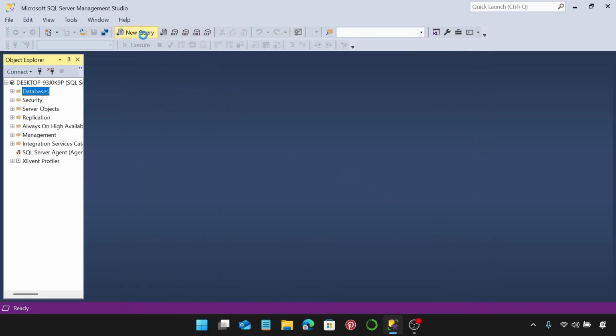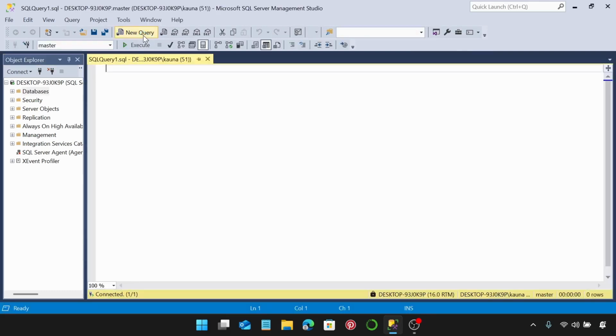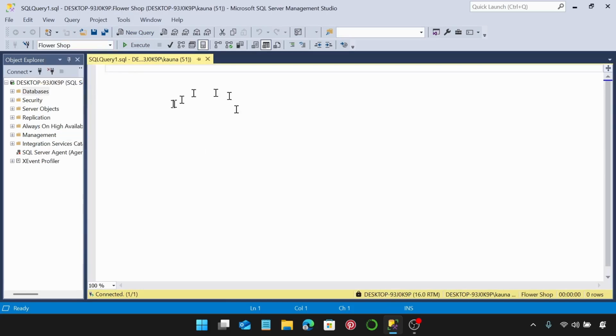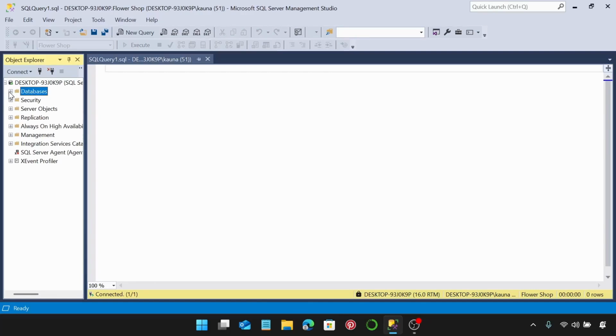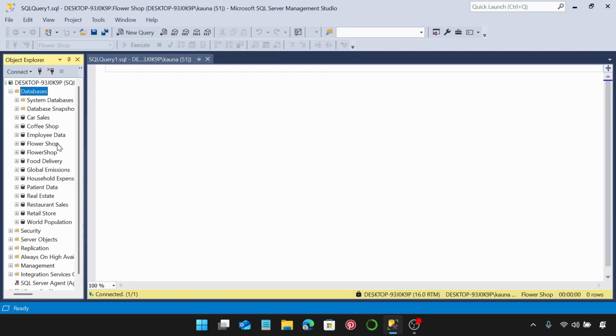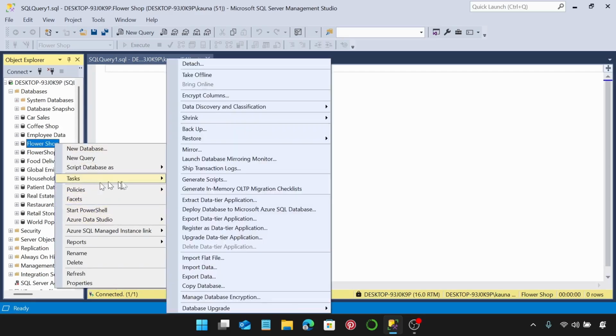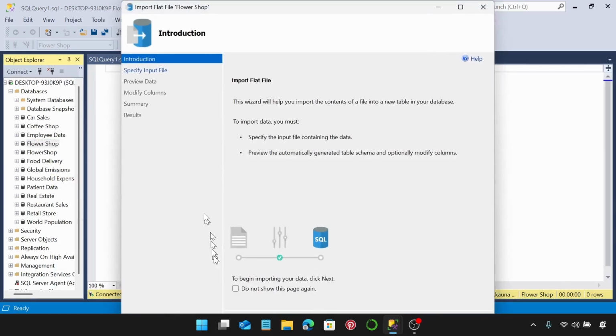Next, go over to new query and we can open a new query tab like that. Now over here, just select this and we're going to select the database we just created, which is flower shop. Now we can go ahead and import our data. So let's come over to databases and expand this. Select your database, right click, and then go to tasks. Then we're going to import a flat file,